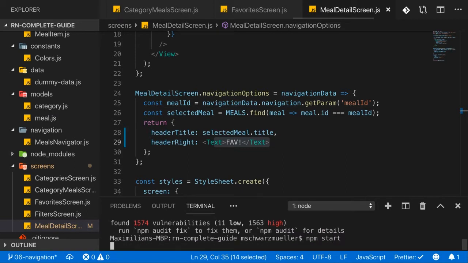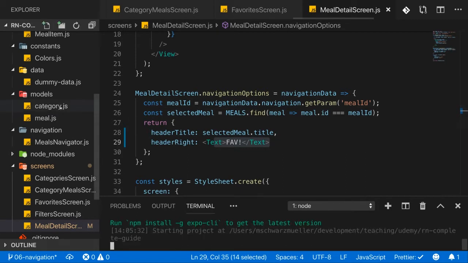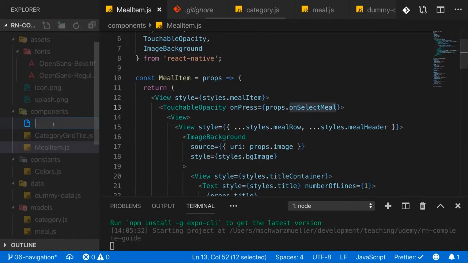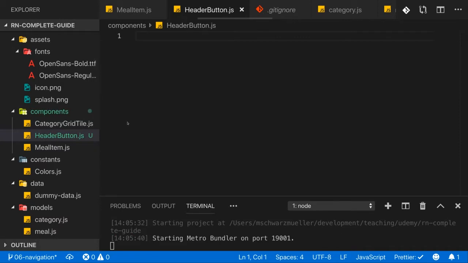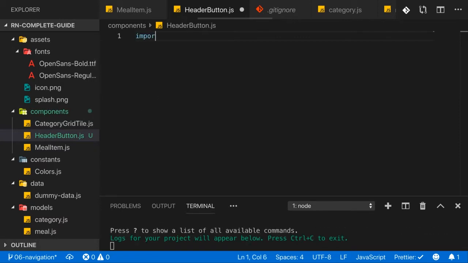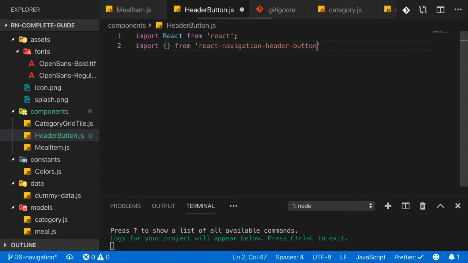With it added, I'll restart my development server with npm start, and now I'll create a new helper component myself in the components folder, which I'll name HeaderButton. There, I'll import React from React, because this will be a normal React component which we create in there, and import something from this new react-navigation-header-buttons package we just installed, and that something which I import is HeaderButton. Besides that, let's also import something from